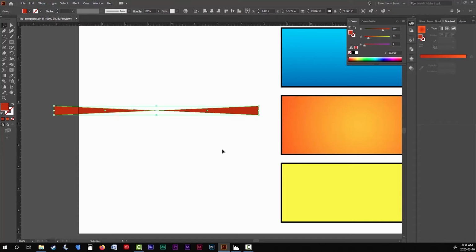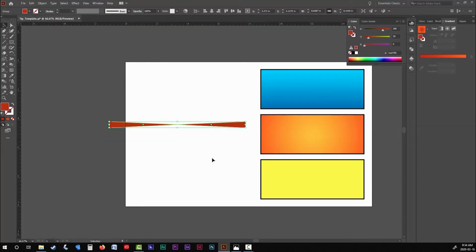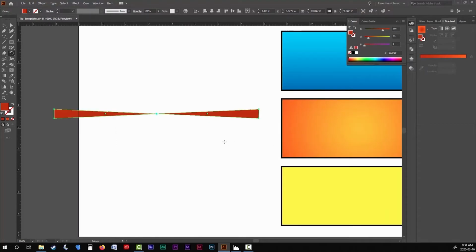Now I need to make the starburst. There are a few ways to go about doing this, but because I'm not really concerned about uniformity, I can just do this by eye. To do this, I'm just going to select my rotation tool in the left-hand column. And then I'm going to put my cursor just below the far right side of my shape. You can see that if I pull down on it, it actually rotates my shape. If I hold down my Alt key while doing this, it'll duplicate it.